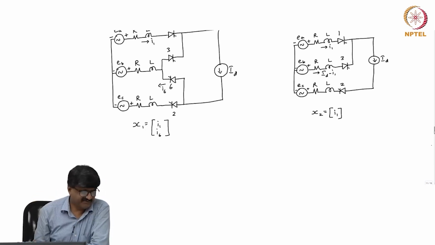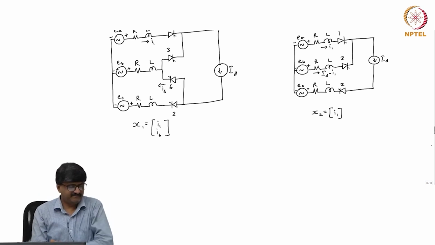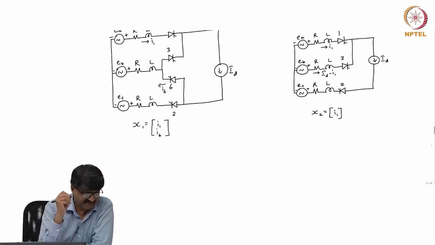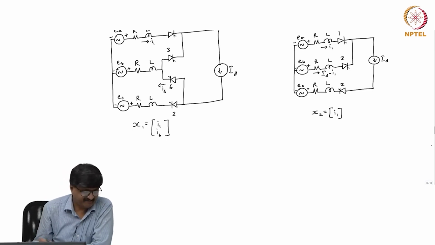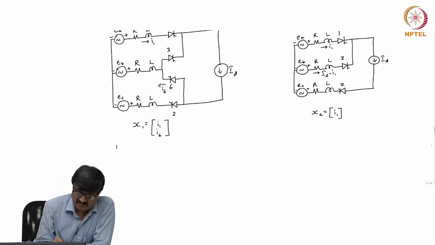So, if I apply Kirchhoff's voltage law, what do I get? Let me first take the loop consisting of E A, E B, the resistance and inductance R and L in series with E A and R and L in series with E B and the valves 1 and 3. If I apply Kirchhoff's voltage law, I get